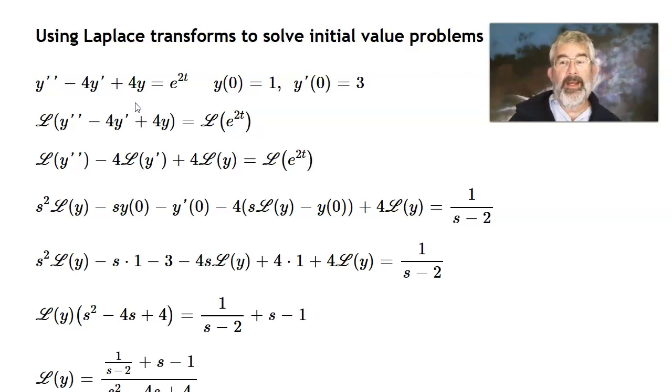This is one that we could already do. This is a second order linear equation with constant coefficients, right? We have a method of doing it. In fact, the characteristic equation would be r squared minus 4r plus 4, which factors into (r minus 2) squared. So I know that I've got e to the 2t and t e to the 2t as the two solutions to the